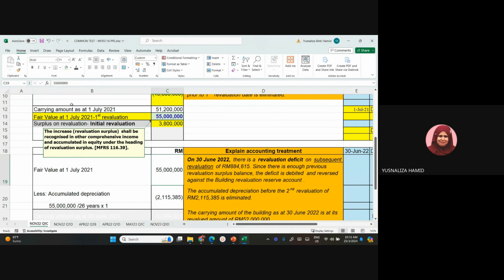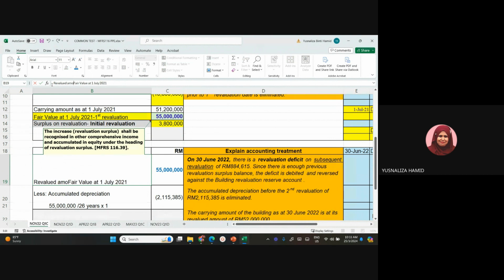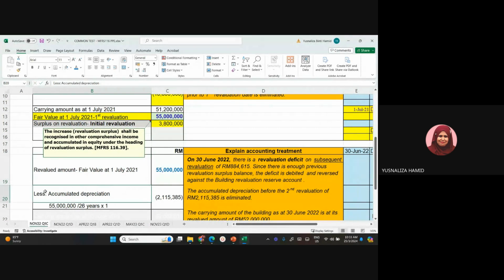So that 55 million, I put a different color, blue. That 55 million is what you call the revalued amount. So that revalued amount is the fair value as at 1st of July, 55 million. Then you find out the accumulated depreciation. To find out the accumulated depreciation, take the revalued amount. It's not the cost, revalued amount. I put here revalued amount